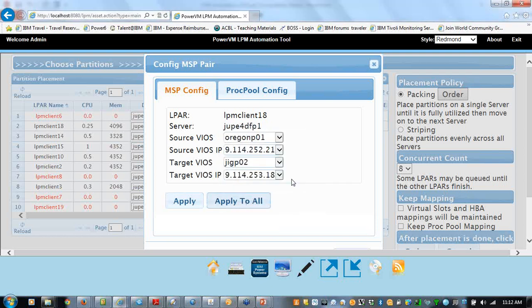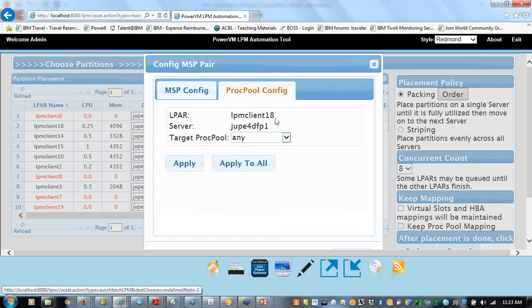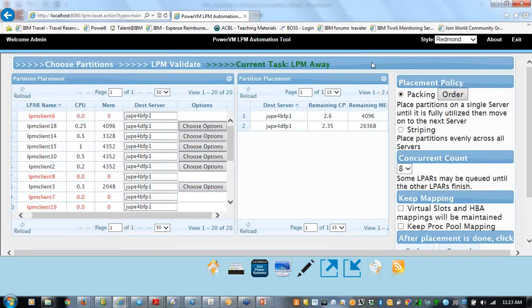So you have the ability to adjust your MSPs, and then maybe you want to change your target pool on your destination. This is the destination value here. You can go in here and choose, I want to move it to Bob or something like that, and then you can make it apply if you want to. So you can change that type of stuff through this panel over here.